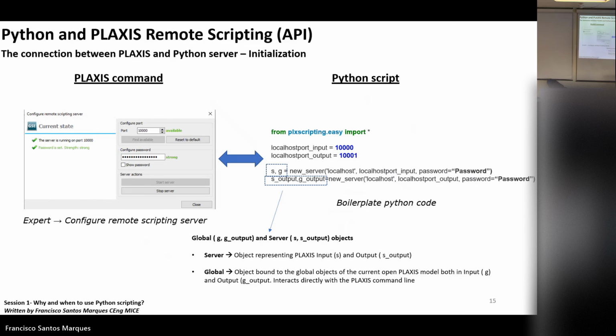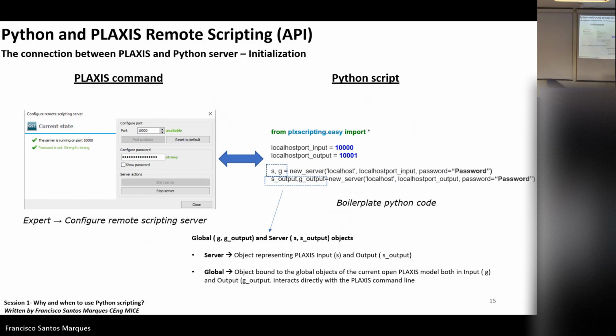As you can see, there are going to be variables, objects: one is server and the other is global. Server is an object representing Plaxis Input and Output, the program itself, and global is, if I have to simplify this, an object that is bound to the global objects of the current Plaxis model that is open.